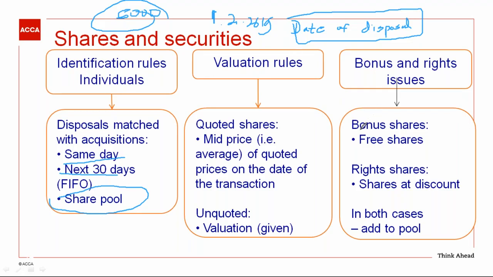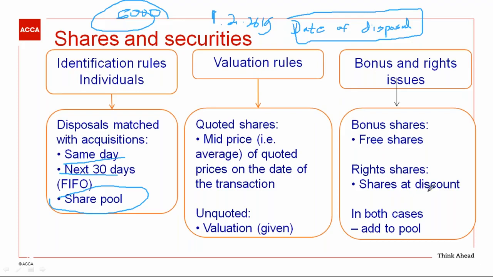Even if you have received bonus shares, they must be included in the share pool. But when you are including bonus shares in the share pool, the number of shares will be added, but there's no cost. You know the difference between a bonus share and a right share? The only difference is bonus shares are given free of charge, whereas right shares are given below the market value